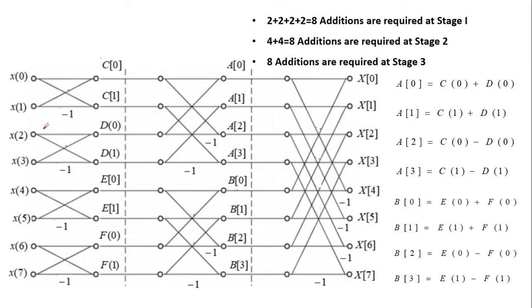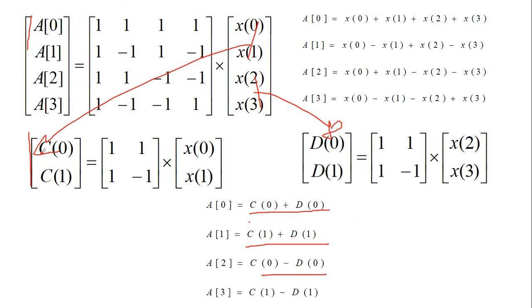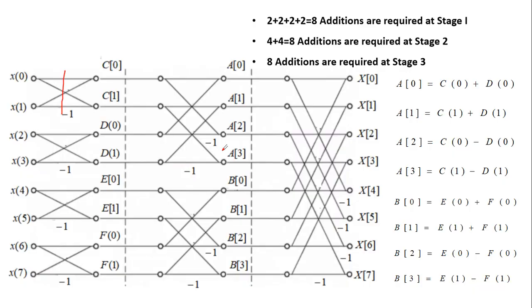So now see the signal. First, stage 1 we are dealing with CD, then EF. For example, for C we are using 0 1 and for D we are using 2 3. So this signal is C, then this is D, then this is E, and this is F. So C, D, E and F, and after that this CD becomes A and this EF becomes B, and after